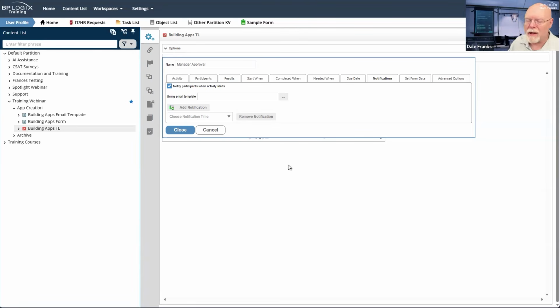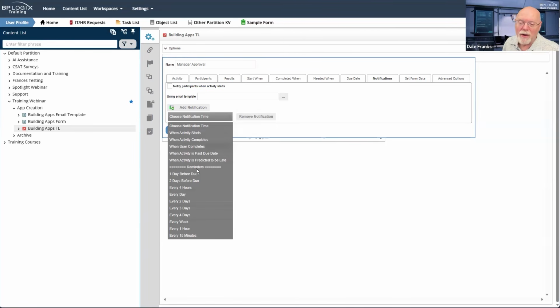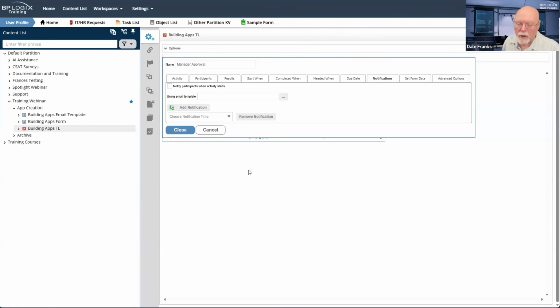One thing I notice is a lot of customers will just turn this off for whatever reason, and then say, okay, well, I want to notify the participant of this activity via email. Well, you can do that, but whenever they open the form from down here, from the link that gets provided, it's not going to be open in task context.